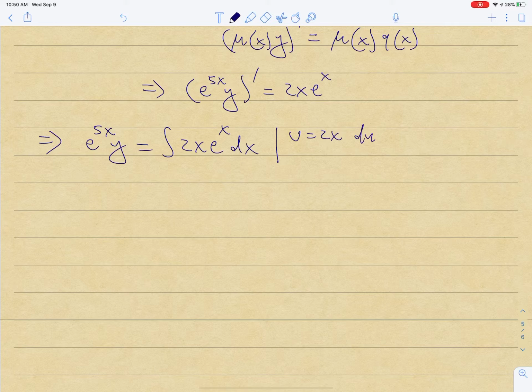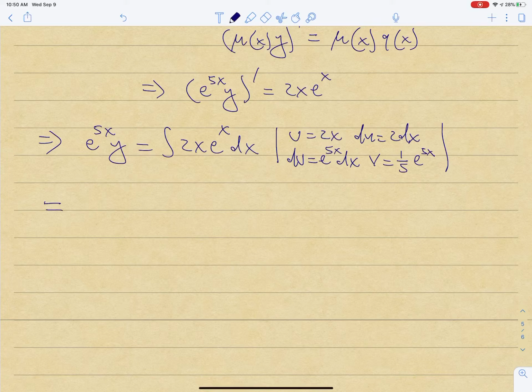So du is 2dx and dv is e to the 5x dx, so the antiderivative v is 1/5 e to the 5x. And so what we get is u times v, 2x times 1/5 e to the 5x, that is 2/5